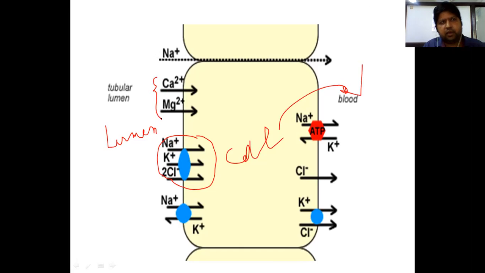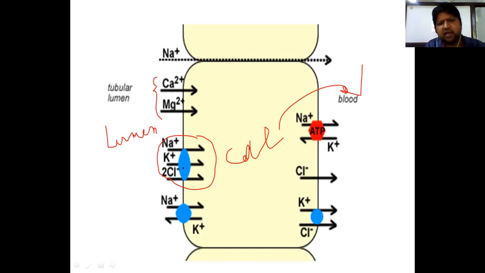Got it? Okay, I think you know about this sodium potassium ATPase pump, which will remove sodium from the cell. And when it removes sodium from the cell, by utilizing that particular energy, some other ions will also enter, like glucose. Is it clear? So by utilizing the electrochemical gradient, by utilizing the energy